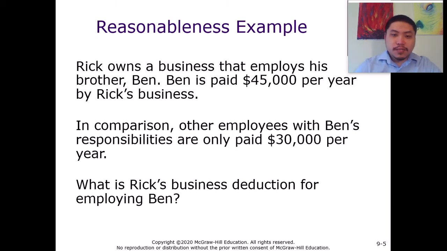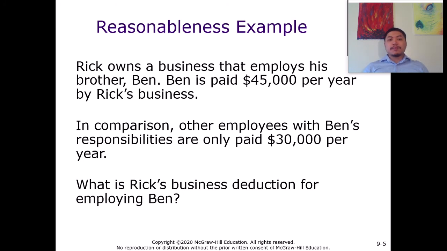So this is similar to the previous example that we just talked about, right? In this case, Rick only pays other people with the same responsibilities $30,000, but he pays his brother $45,000, right? So the amount itself is extravagant. It is 50% higher than a normal expense, right? Than the single expense, right? So